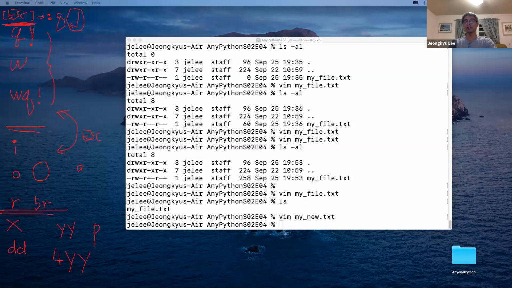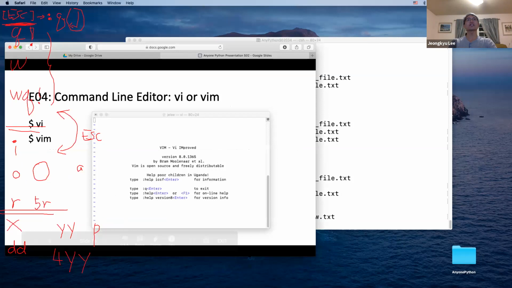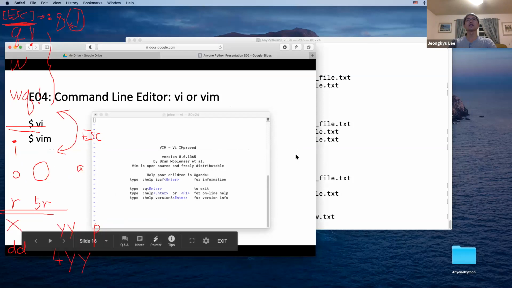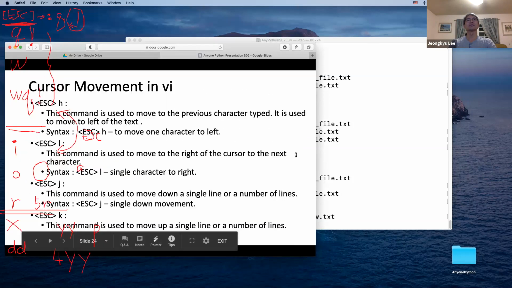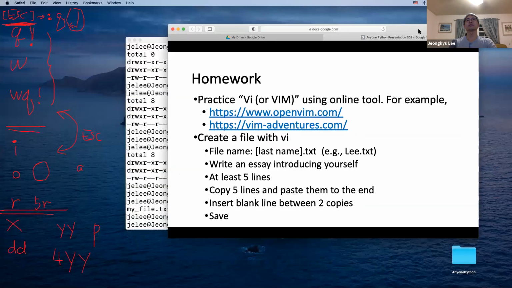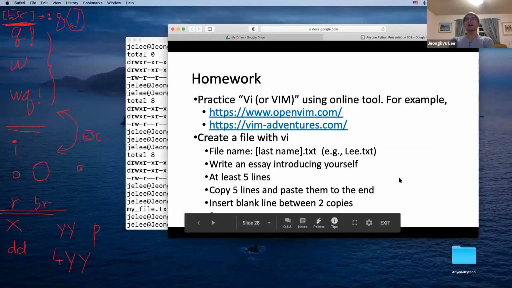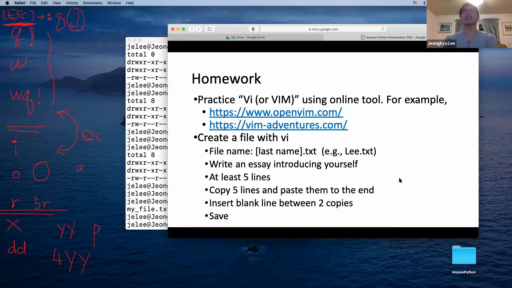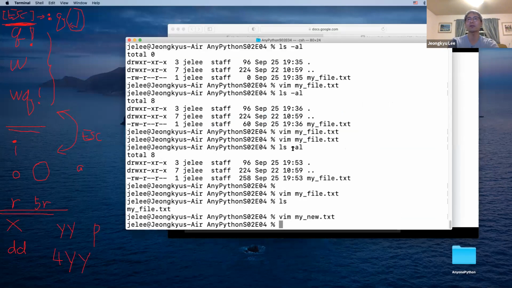So let me open this. Right here. So you can create your file, last name.txt, and write an essay, very short, very simple. Then at least 5 lines, and copy those lines and paste them to the end and insert the blank line. Let me show you my example. So VIM Lee.txt, last name,